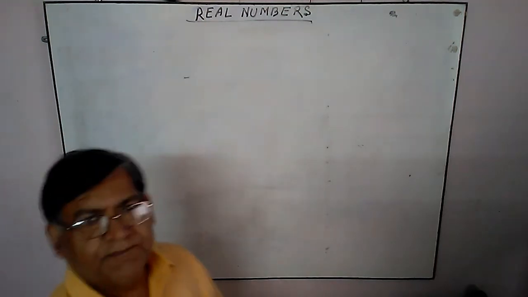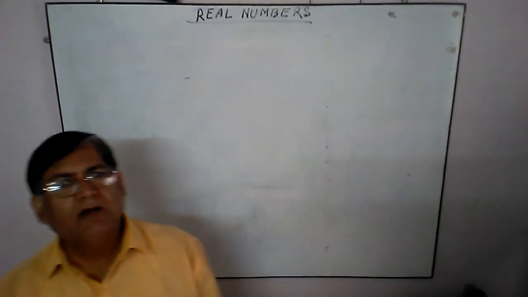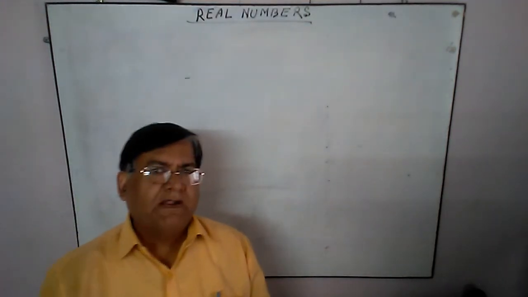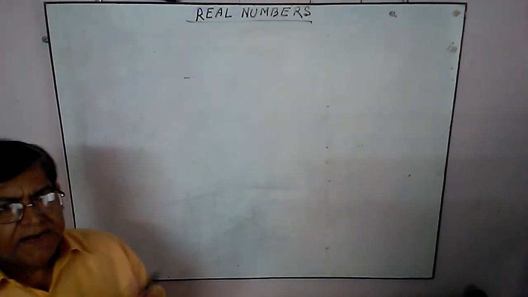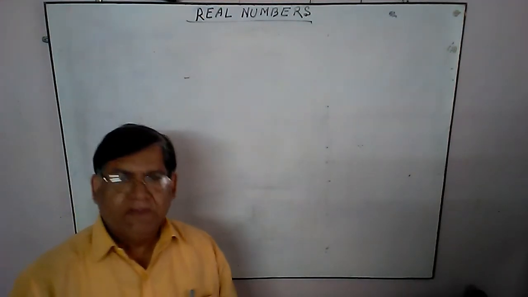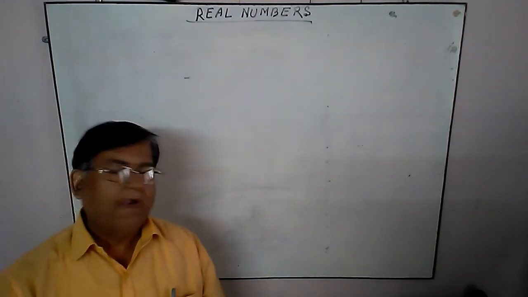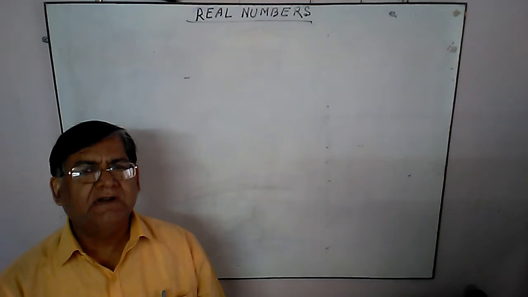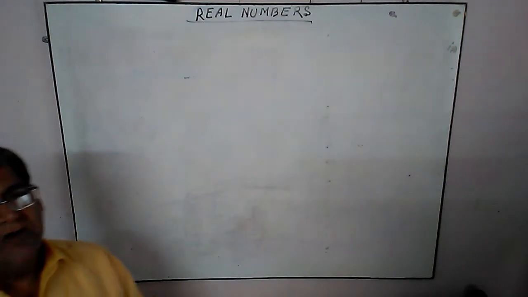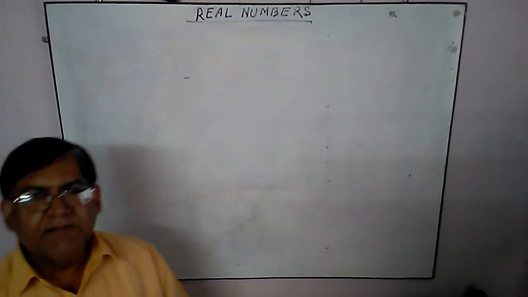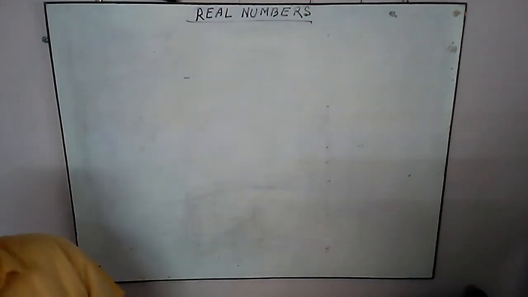In real numbers, first of all, we will do the HCF. We will find how to find the highest common factor of two given numbers or three given numbers. Though you must know finding HCF from your junior classes like class 4 or 5, there you learnt only finding the HCF of 1-digit, 2-digit numbers. Here we will do 3 digits or 4 digits, and not only two numbers, sometimes 3 numbers may be given. So we will start with finding the HCF.